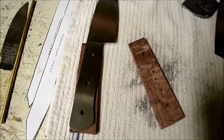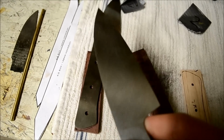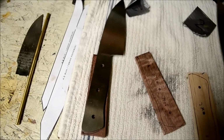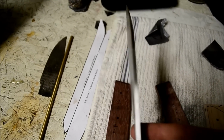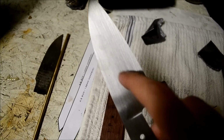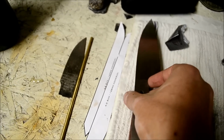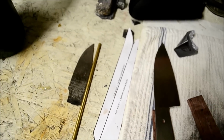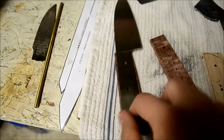So once I have the blade sanded, I'm at the first grit. This is a 120 grit, and once it's all in the same direction, tip to tail on the blade, this is a good point, usually when I take it and start shaping out the handles, like drill holes through it,